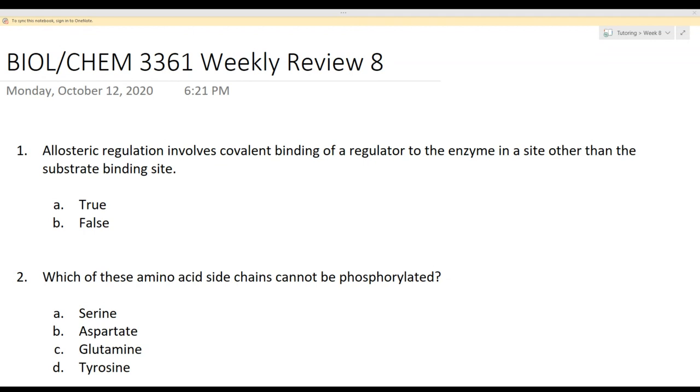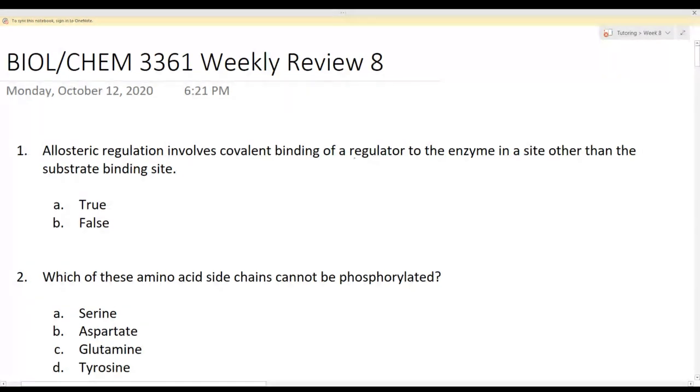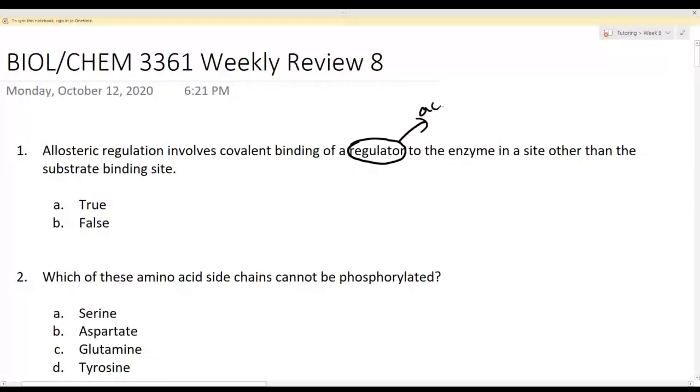Number 1, allosteric regulation involves covalent binding of a regulator to the enzyme in a site other than the substrate binding site. So there's a lot to unpack in this statement to make sure that we know whether it's true or false. So the first important thing is regulator. Okay? A regulator can be either an activator